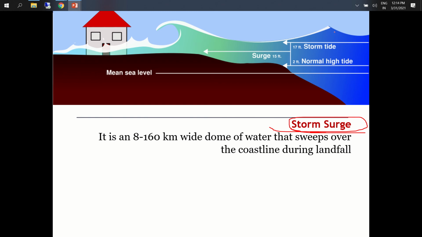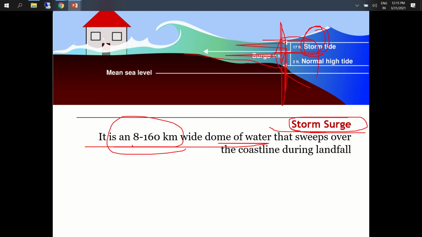When it hits the surface of the land, all the energy that it has gathered starts shedding. As a result, we may encounter heavy rain and high intensity of wind, the extent of which can be felt over a huge area. These are not small numbers: 8 to 160 kilometers of distance.